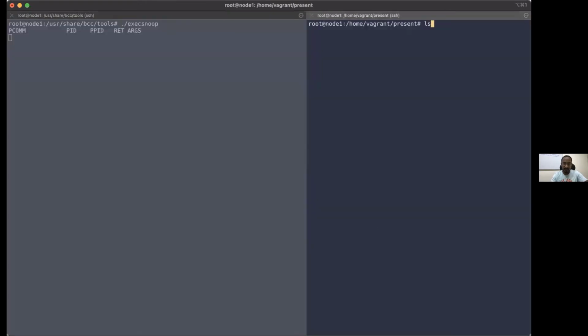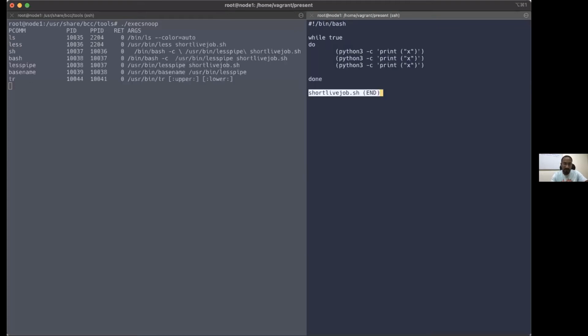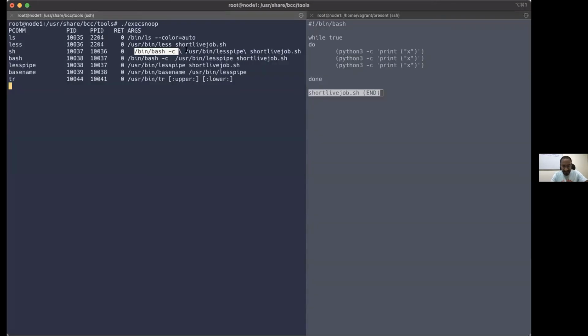I am initiating this execsnoop and I am executing the ls command. You see, whatever the ls command is firing, it is showing that. For example, I am opening my script. You see, if I execute this command, what it is calling is bash -c and executing this ls pipe command, and it again goes for this one. Finally, it also uses the tr command to finish this job. So while you are executing the ls command, it is also executing other commands in the background. We can easily capture that through execsnoop.